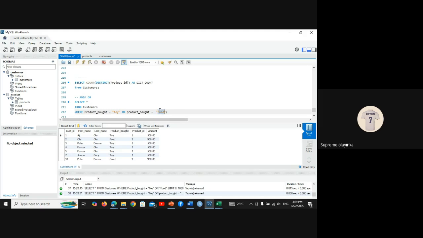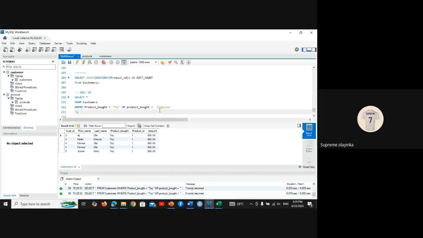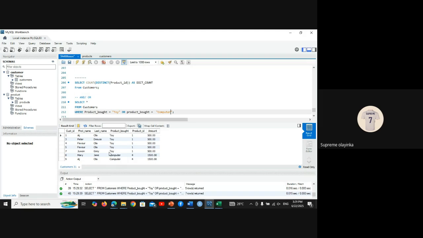If you change this one to computer, you can actually see that it's returning computer and toy. It's just like where product is toy or product is computer. It's just like pure English. We actually use BETWEEN when we are talking about a time frame, maybe when you are dealing with dates and time. So don't worry, as we go further in our analysis,